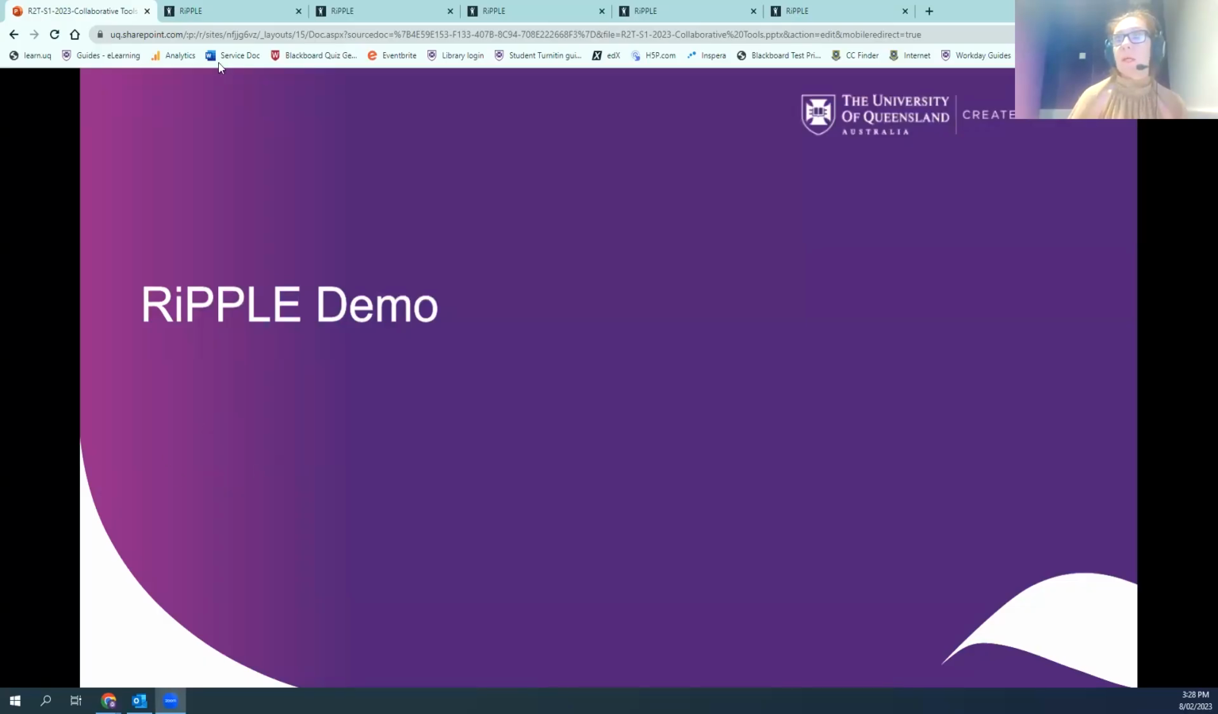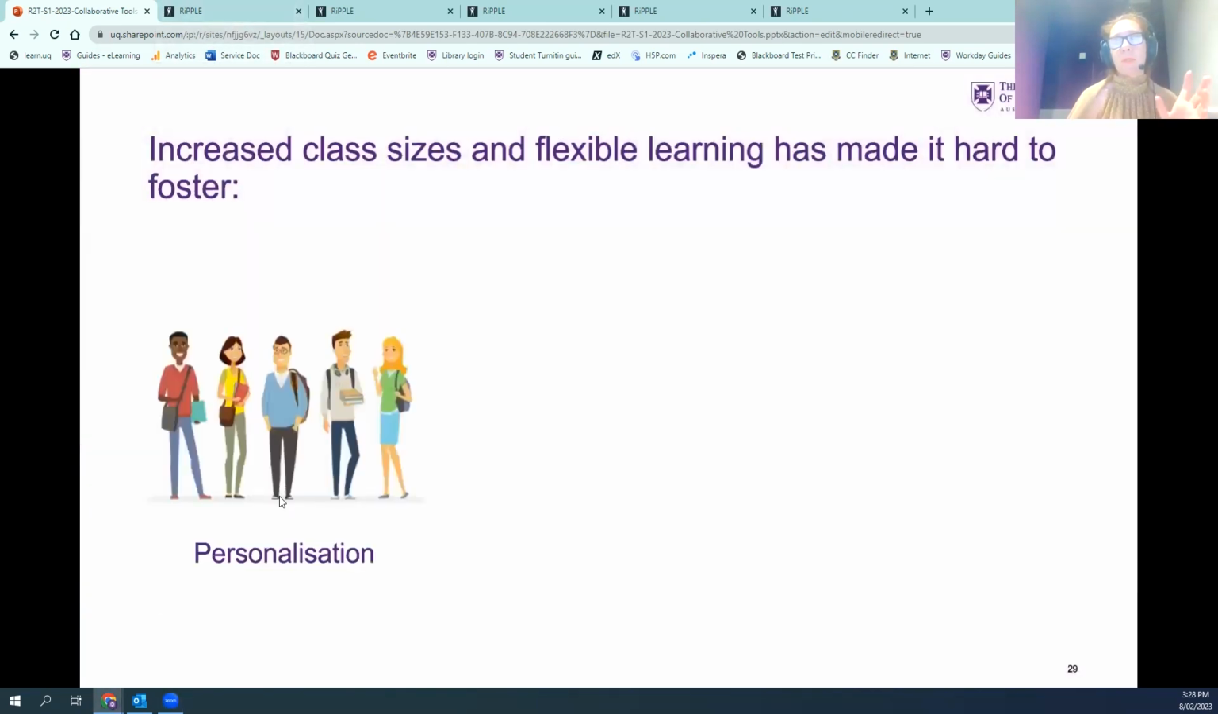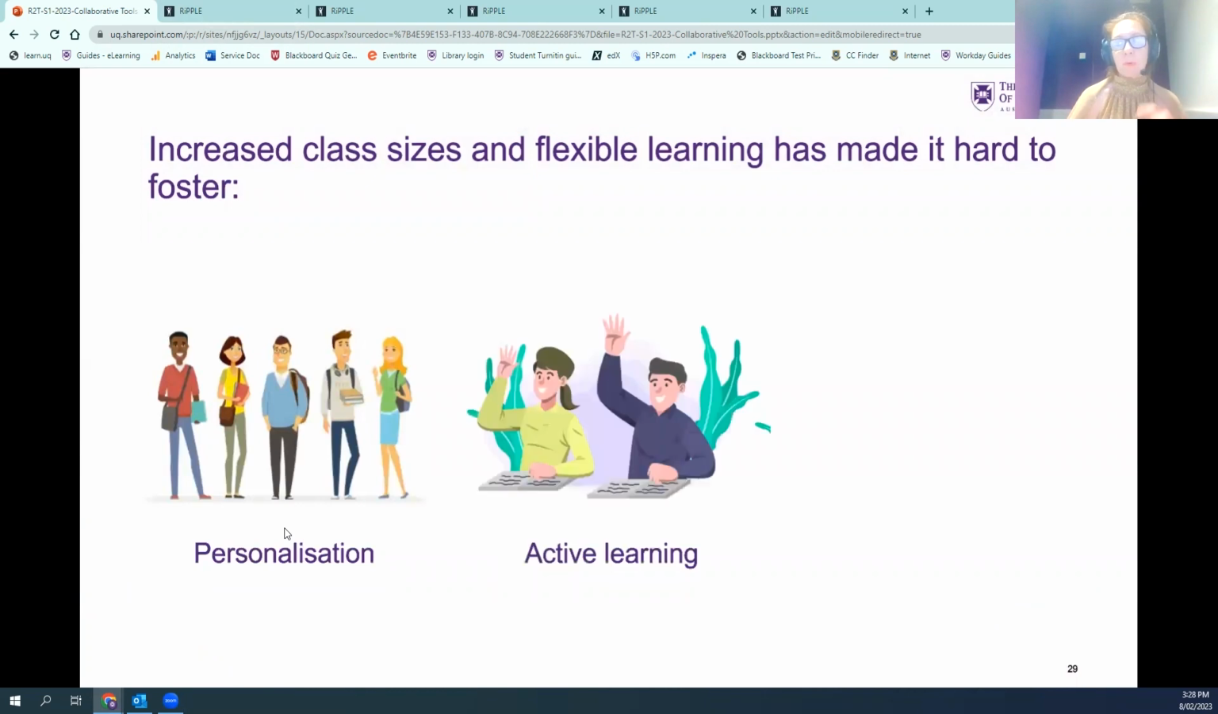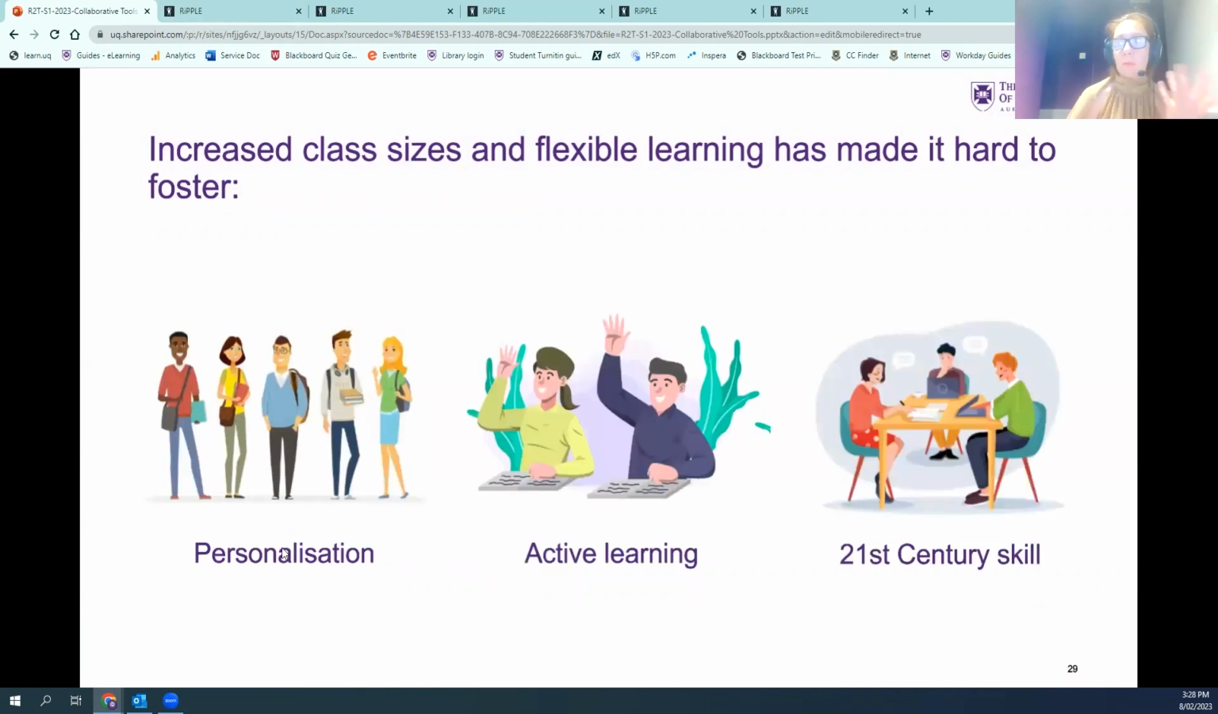which was actually created at UQ by one of the academics doing research in the artificial intelligence domain. There are a lot of discussions now about ChatGPT being a big problem, but AI in this particular instance, an instance of Ripple, is actually a very useful tool. So I will just very, very quickly share what Ripple does. Basically, it helps to personalize learning and promote active learning and also the 21st century skills